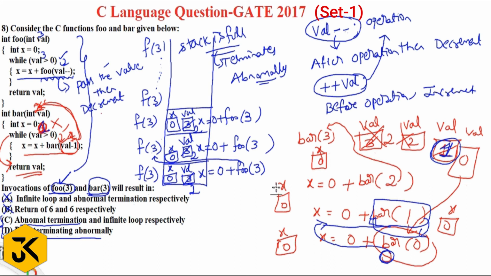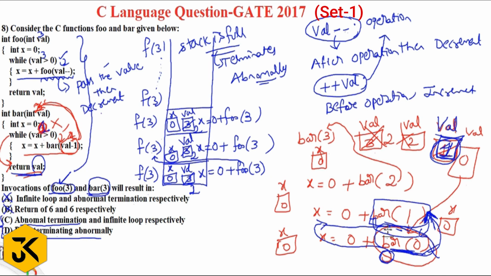Here you need to understand one important point. The return statement here, whatever we have written, what is the meaning of this one? It is going to abnormally terminate our execution. Whatever execution we are doing right now, it will terminate that function abnormally, and it will hand over the cursor to the previous function. That previous function is bar of 1. Bar of 1 value is 1. So again it is going to execute while 1 greater than 0.